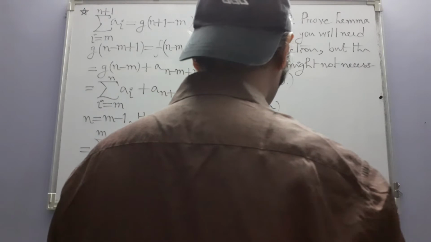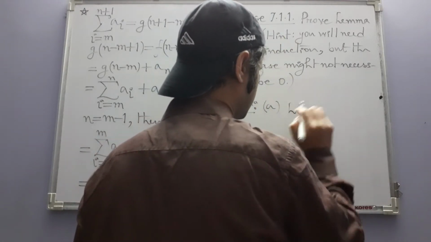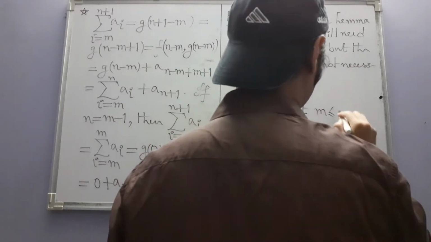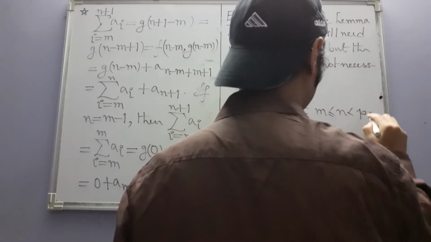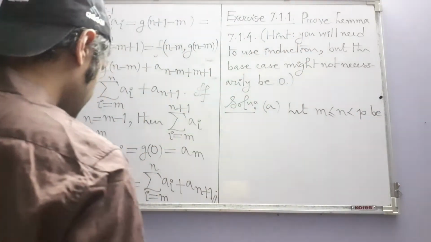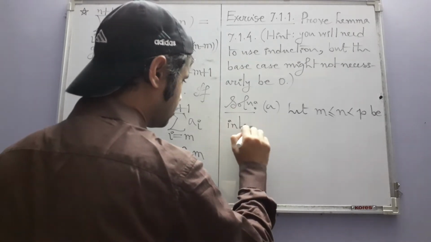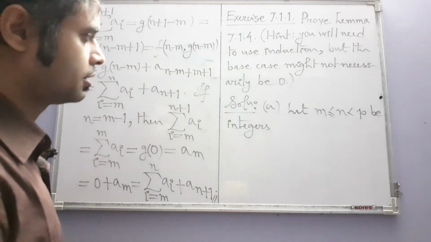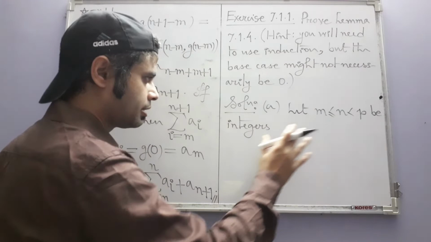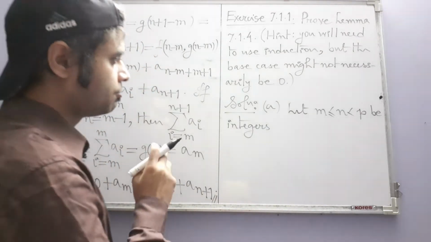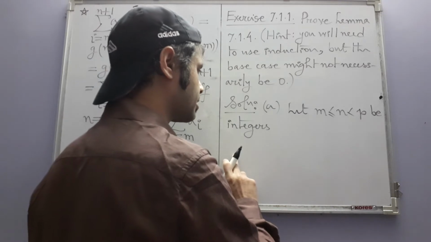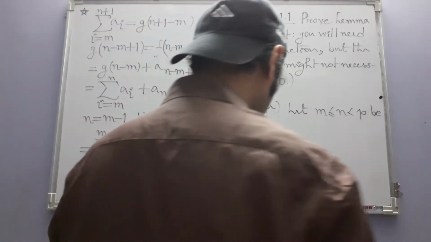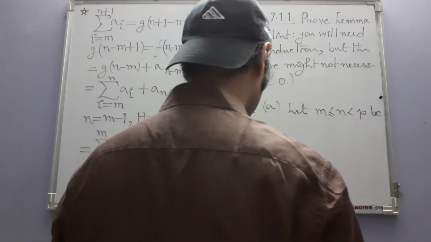So in part A we had this. Let m less than or equal to n, which is less than p, be integers. Now keep in mind that this of course is not a way of writing a solution. It's just that we want to recall the statements, and that is why we are writing like this. When you write an actual solution, you will just simply start proving the thing because the statement is already there somewhere. So these are integers, and let